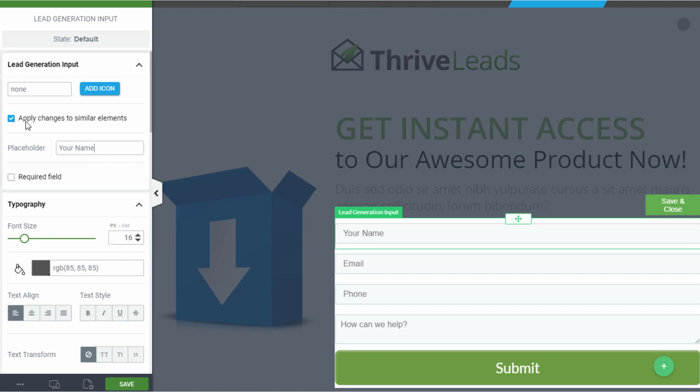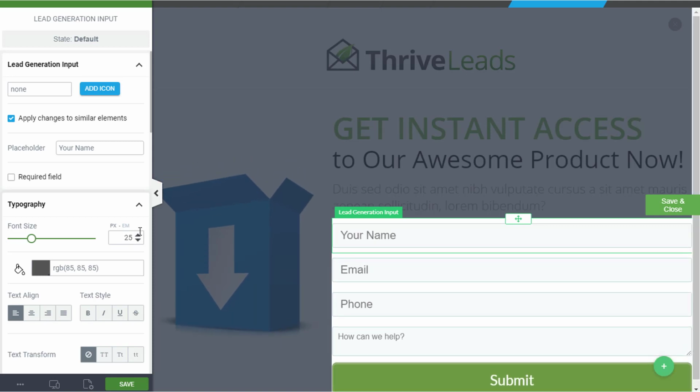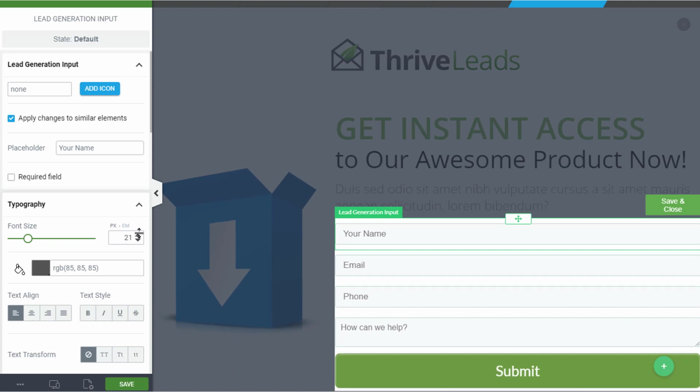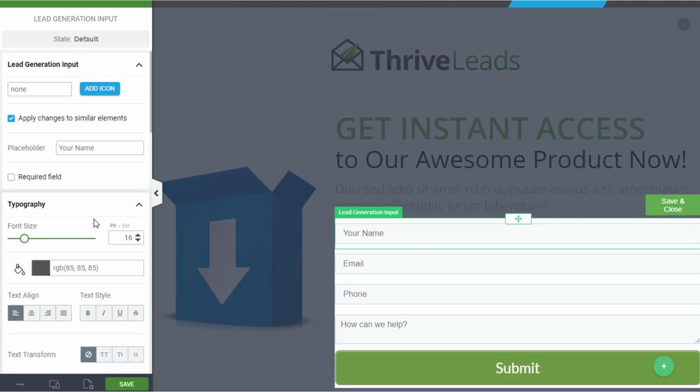Also, we can choose to apply changes to all similar elements using this checkbox right here. Let's say I wanted to make the text a little bit bigger. I could change it to 18, or I can click and drag here, and you'll see that the text automatically updates in my form fields. Let's go ahead and set that back to 16. So once you like how this looks, you're going to want to click Save and Close,